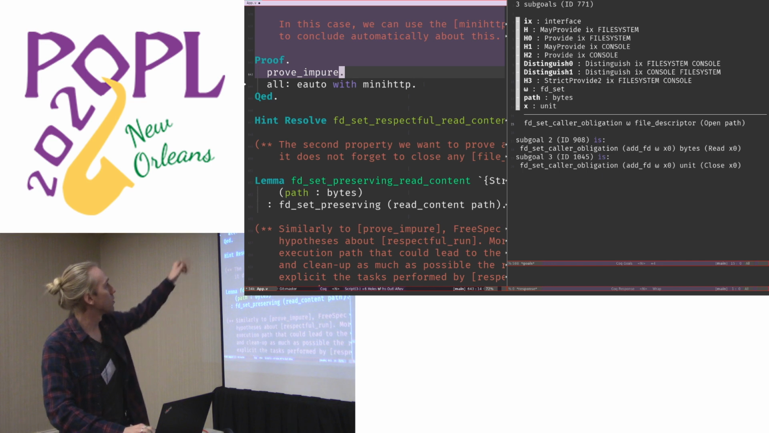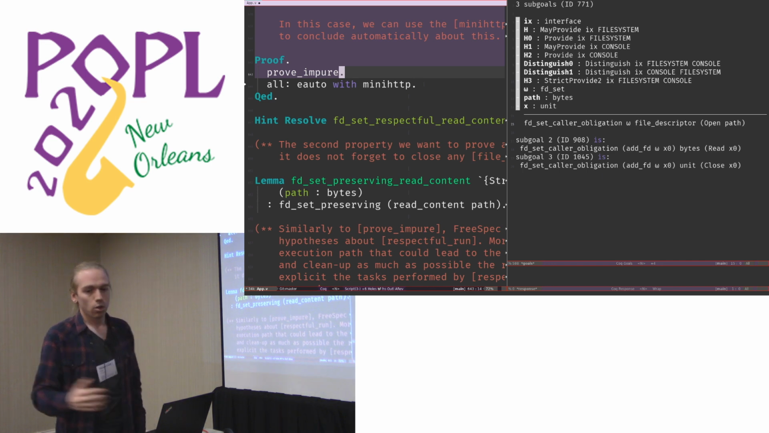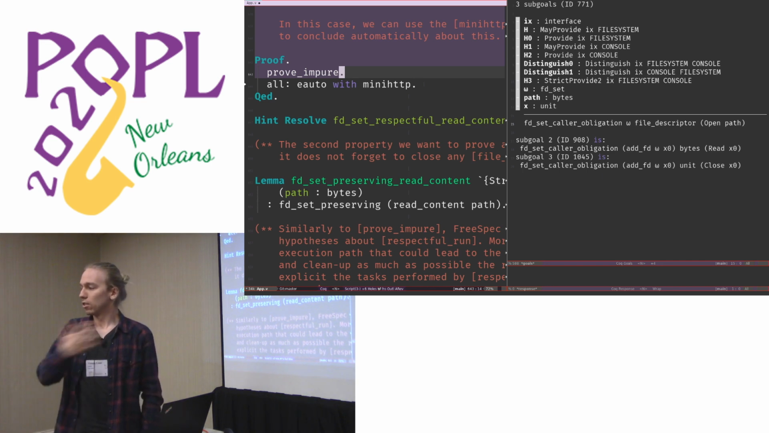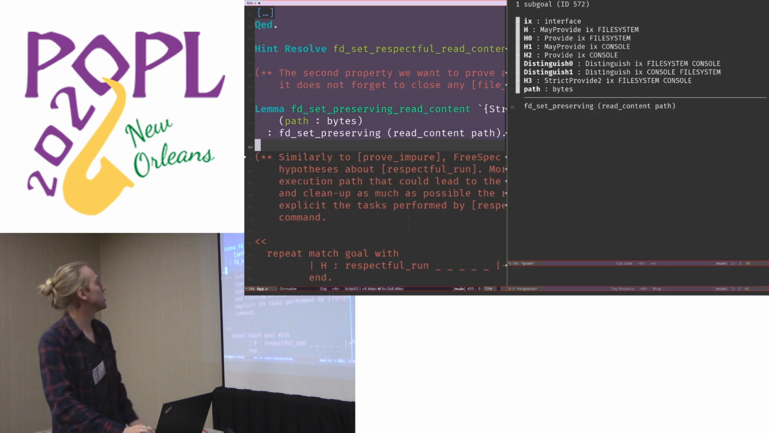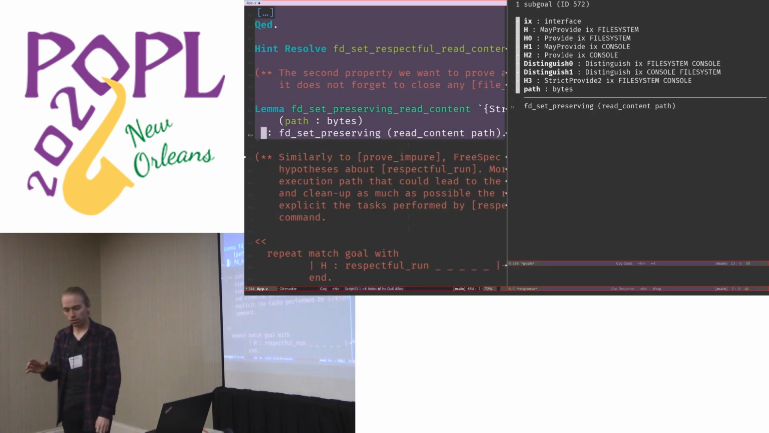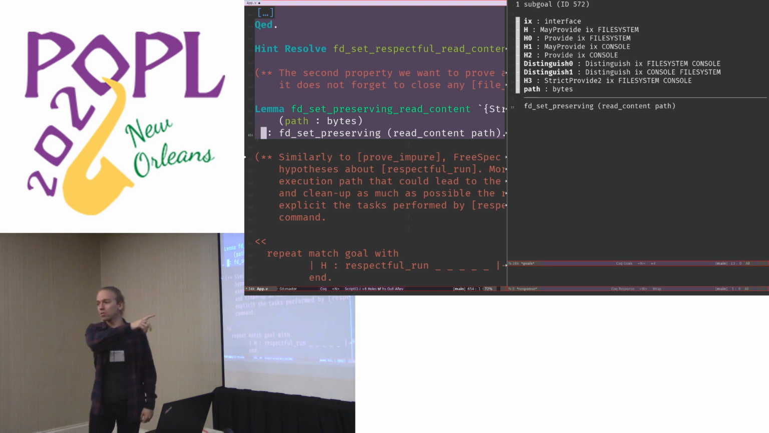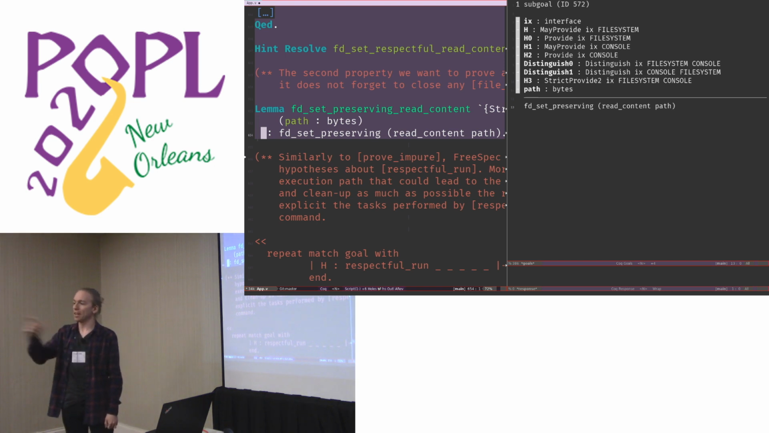In practice, I have put several lemmas in a hint database, and they are enough to prove everything. The second thing that we want to prove is something called FD set preserving. It's the idea that if I execute read content, the witness state before and after is exactly the same, and therefore I have not forgotten to close